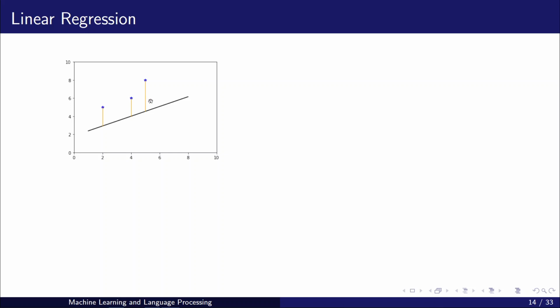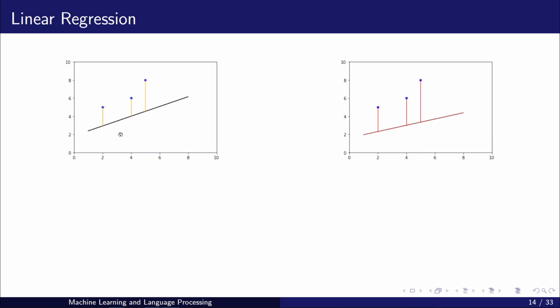Now we'll change this line in some way. Let's say we have moved this line a little bit below, somewhat below. If I move it this way, this is the error plus error plus error. So the error has increased. That means we have moved the line in the wrong direction. We have moved the line in the clockwise direction. So if you move in the clockwise direction, the error increases, which means you are moving the line in the wrong direction.